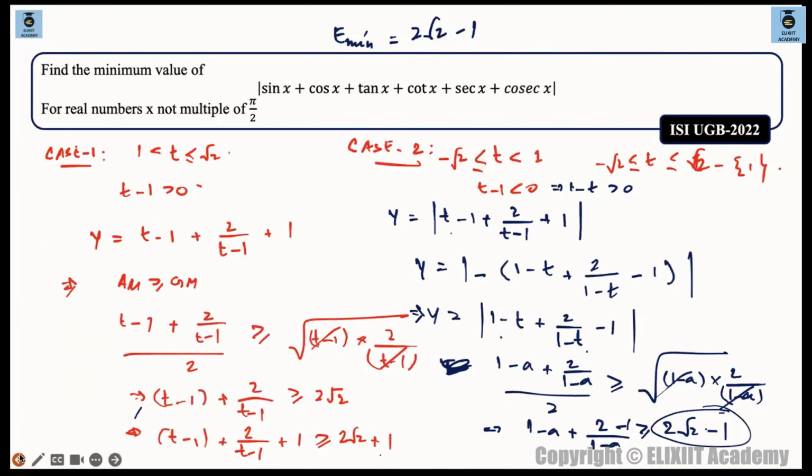This was given in ISI 2022 UGB में, तो subjective wise we have solved this thing, ठीक है, and answer for this question was 2√2 - 1,